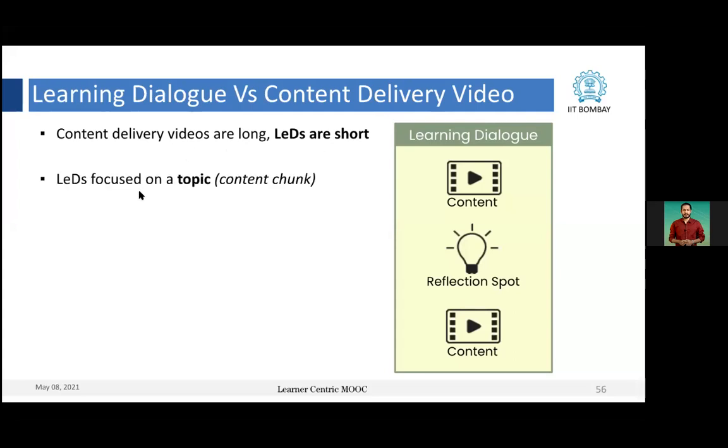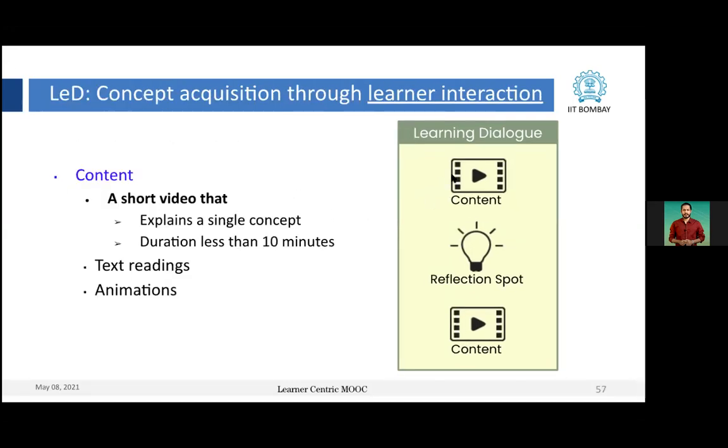LEDs are focused on a topic, a chunk of the content. It is not focused on the entire chapter or section, but on a single concept or topic. So this content part could be a short video explaining a single concept. Duration could be less than 10 minutes. It could also be text readings or simulations or animation, anything you can work upon.